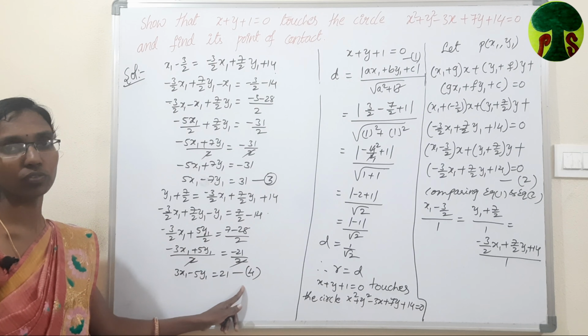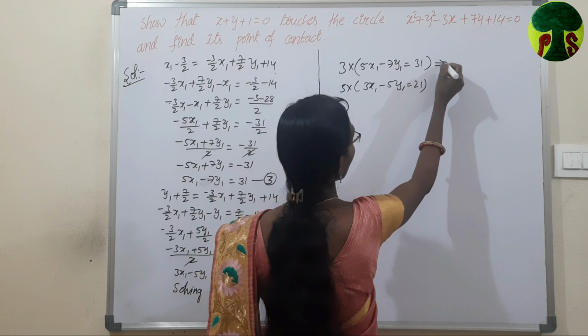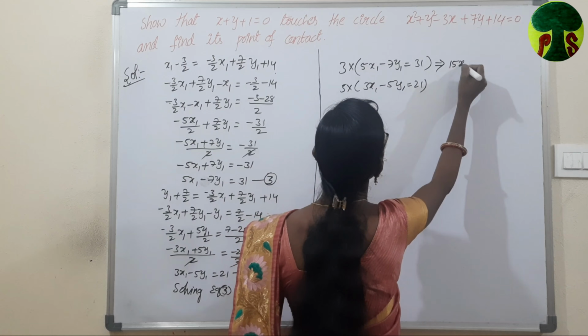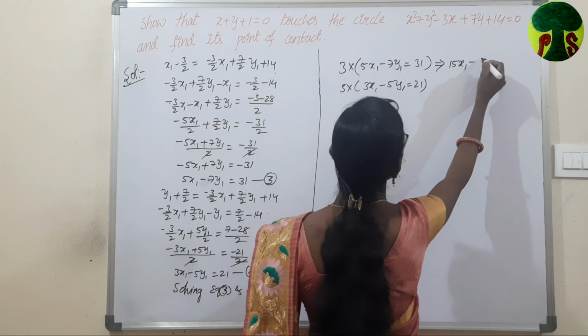So, multiplying equation 3 by 3. 3 into 5x1 minus 7y1 is equals to 31 and multiplying equation 4 by 5. 5 into 3x1 minus 5y1 is equals to 21. So this is 5 3 is 15, 15x1 minus 7 3 is 21, y1 is equals to 93 and this equation will become 15x1 minus 25y1 is equals to 105